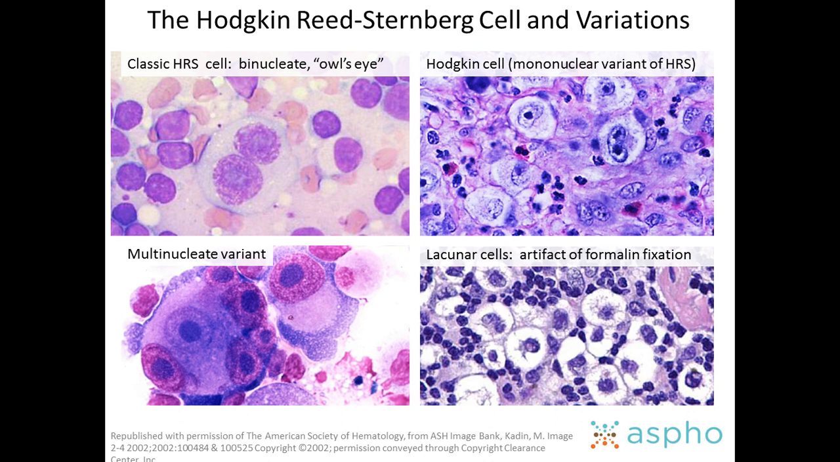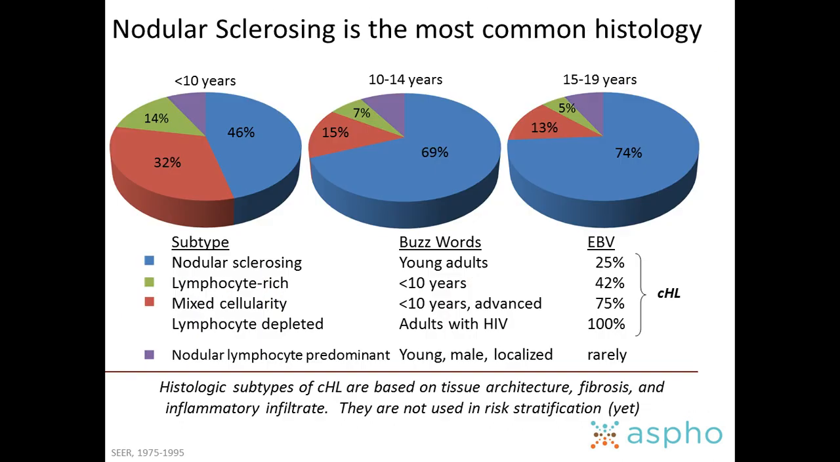Multinucleate variants, shown in the lower left, also exist. And then they're also called lacunar cells, where you've got this sort of isolated nucleus. And what's basically happened is this is an artifact of formalin fixation, which is pulling the rest of the cell in. In terms of the different histologies of non-Hodgkin lymphoma, nodular sclerosing is by far the most common histology, and